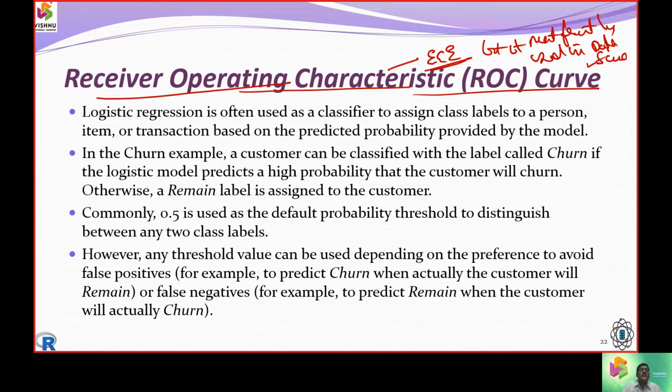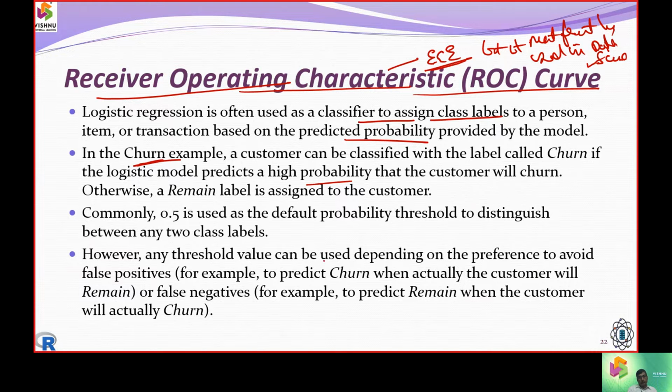What in general is logistic regression telling? It says that if the classifier assigns a label, we can predict the probability. If the probability is high, we move to the higher end label. If the probability is low, we move to the lower end label. For example, we decide whether to churn the customer as high or low. So based upon the label value, we can decide whether to churn him or not.